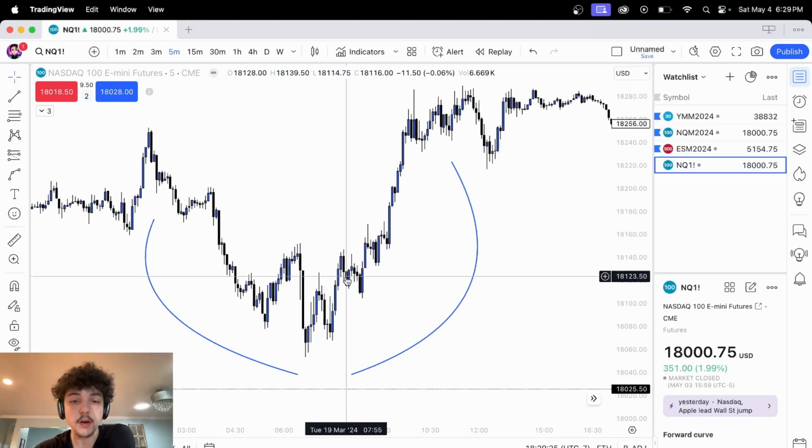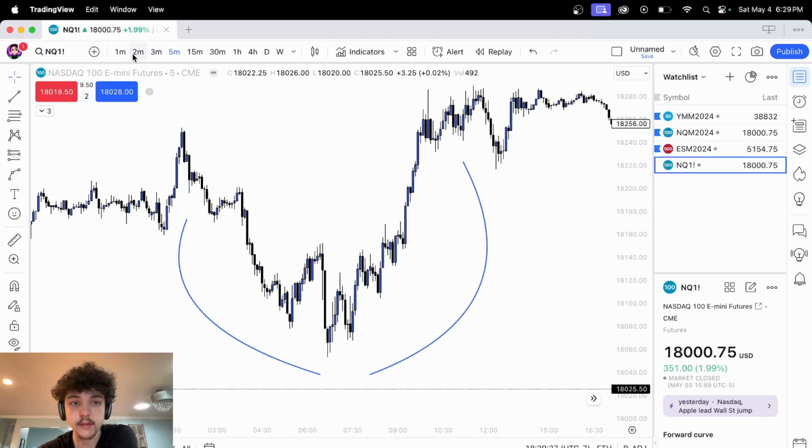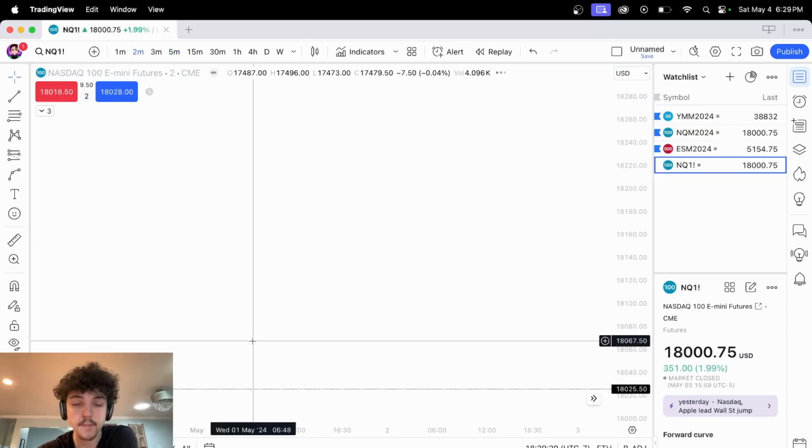And also, this could be a really good trade entry because if you go down into a lower time frame,